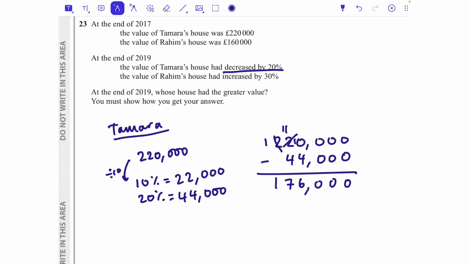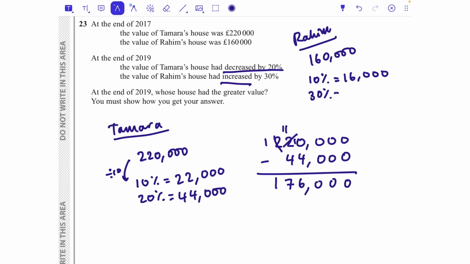Now let's worry about Raheem. I'll do it up here. So I've got Raheem. I've got 160,000, and it says it increases by 30%. So 10% for Raheem would be 16,000. 30% would be 3 of those. So let's times it by 3,